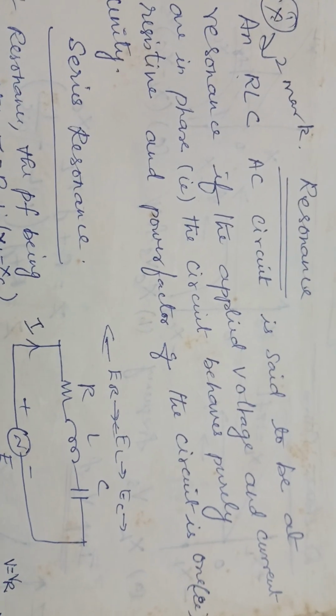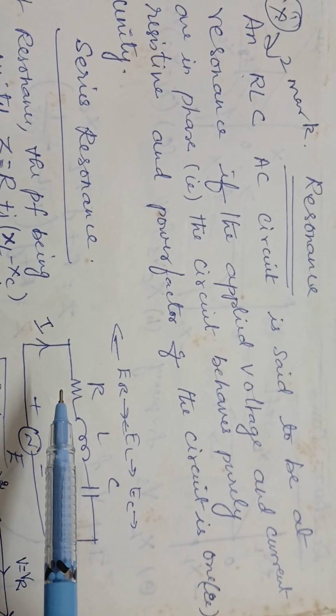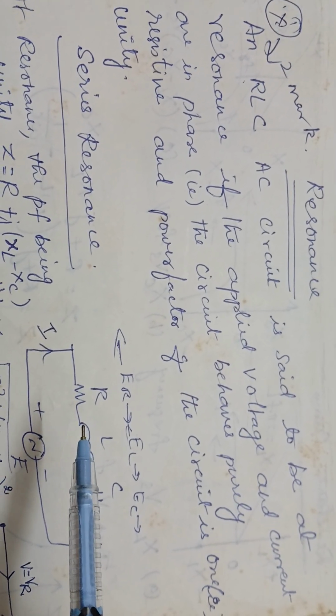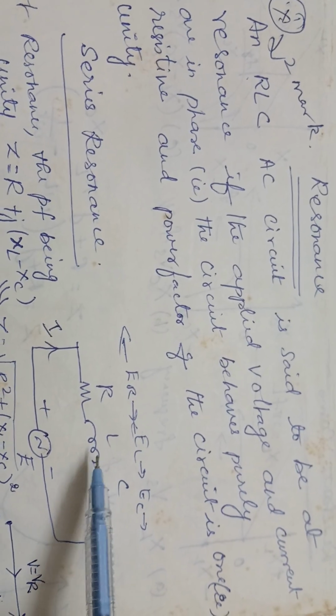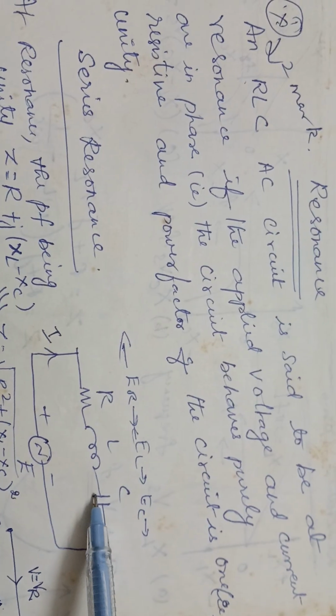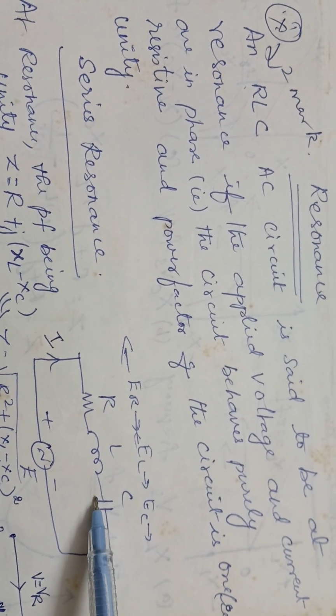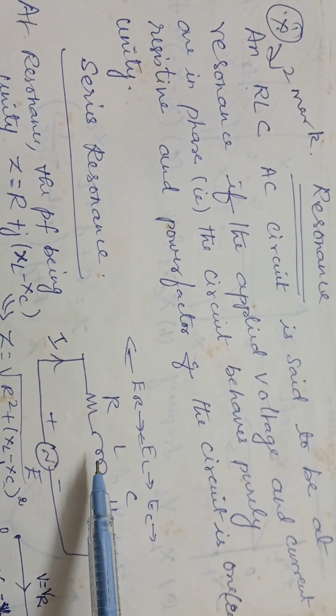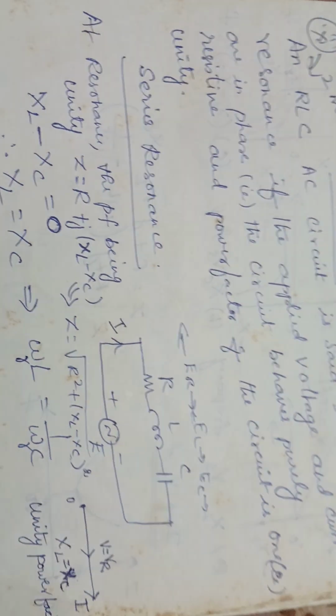So what is a resonance RLC circuit? And what does resonance mean? We know that XL is equal to XC. When XL is equal to XC, the resonance condition takes place. So at that time, what happens is that the